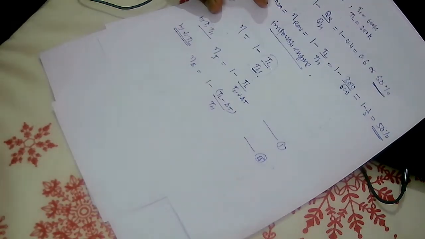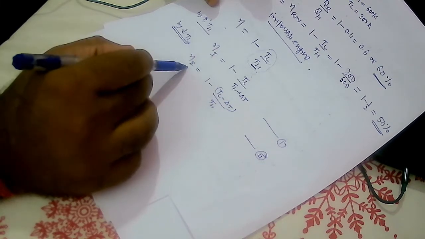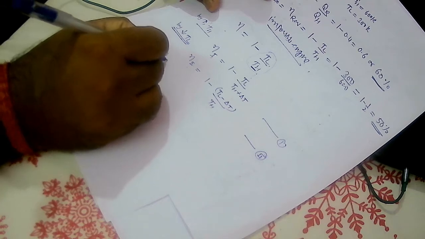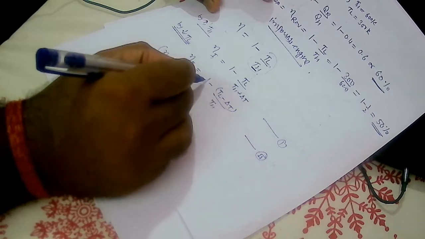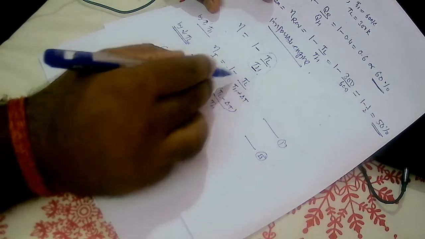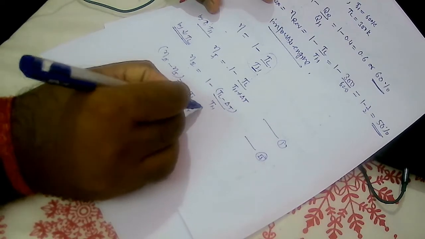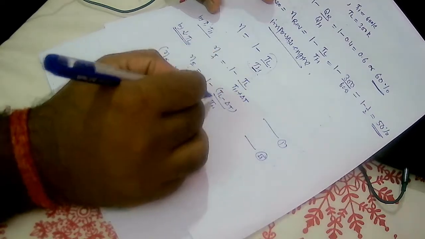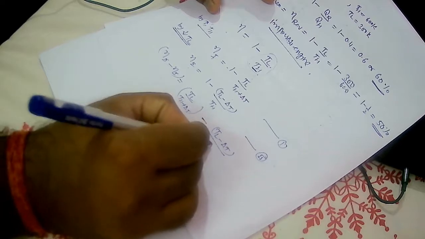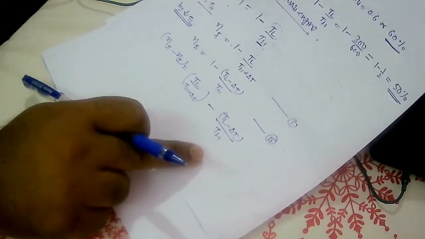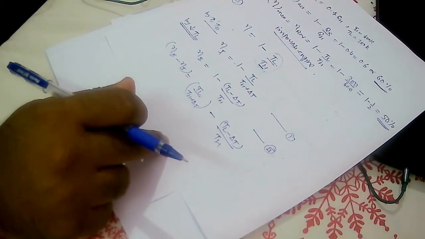Now what we will do is subtract equation number 1 from equation number 2. So efficiency 2 minus efficiency 1, we can write in this way. The 1 and 1 will cancel out, so this will become positive. We can say T lower divided by T higher plus delta T is one term, which becomes positive, and this is still negative: T lower minus delta T divided by T higher. Clear? By subtracting.